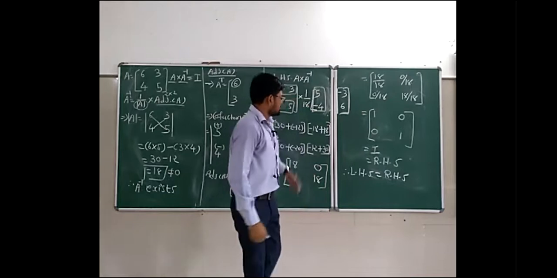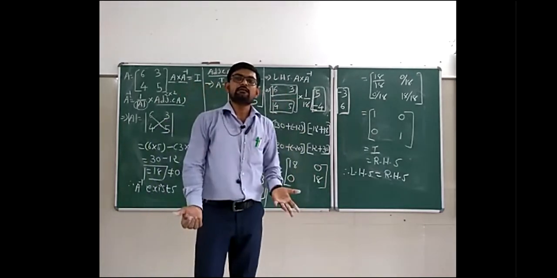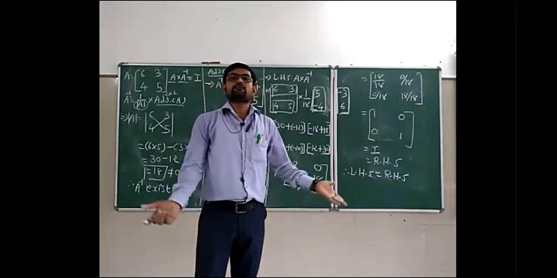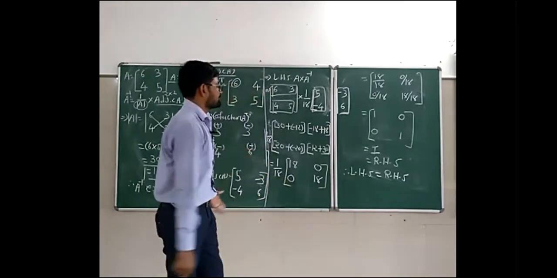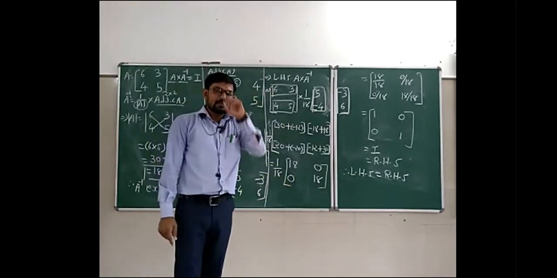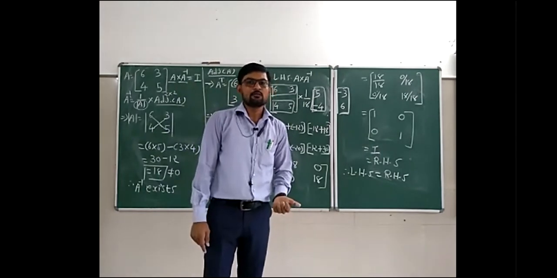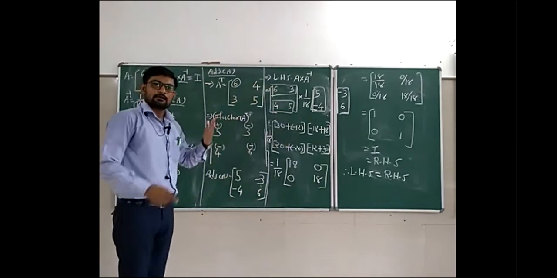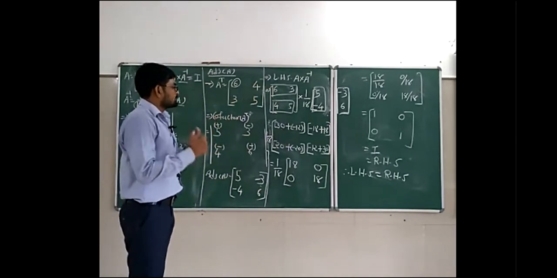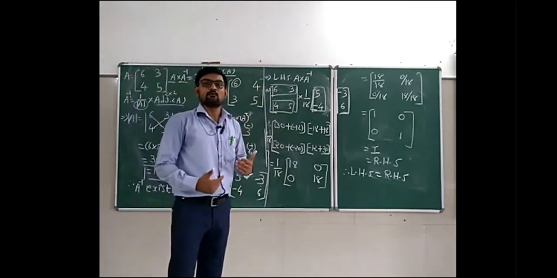Clear? Very simple. When a 2 by 2 matrix is given, then how can we find the inverse and how can we find multiplication after finding the inverse? So this is a very simple question, and you are asked this type of question for 5 to 6 marks in the annual exam. Okay, so please try, and after doing practice, you can understand it very easily. Okay, please try.